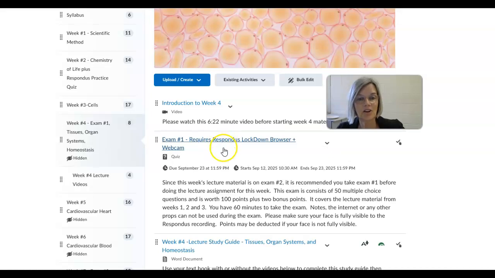How do you do that? Go to your study guide, open it up, and look at the learning outcomes. And it asks you, describe something, state something, explain something. All of those learning outcomes are things that I'm going to test you on in the quiz. So when you're studying, go to your lecture study guide, read those learning outcomes, try to say the answers out loud. If you don't know the answers, look them up in your notes or go back to your textbook and look them up. But you need to be able to do that. Saying it out loud can really help. The other thing you want to do is go down that vocabulary.